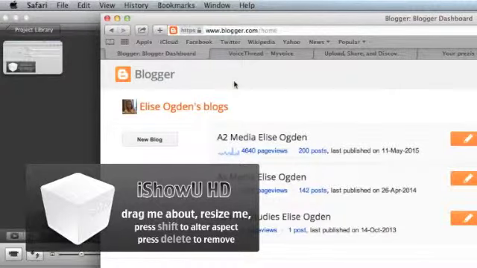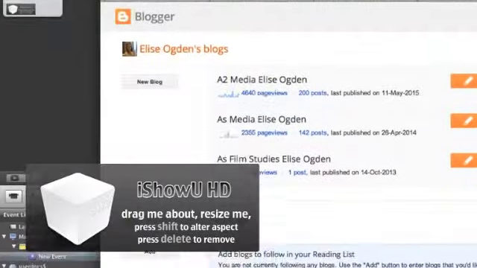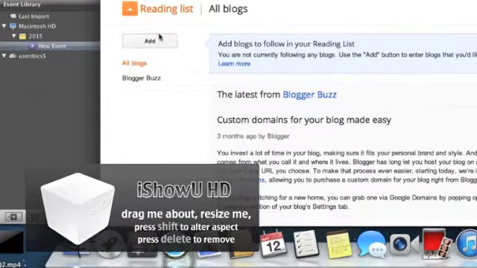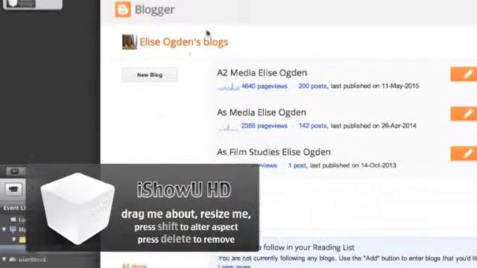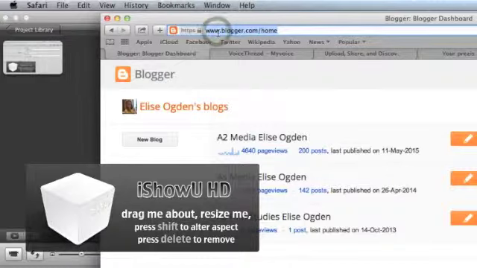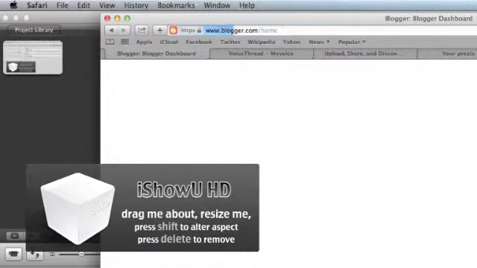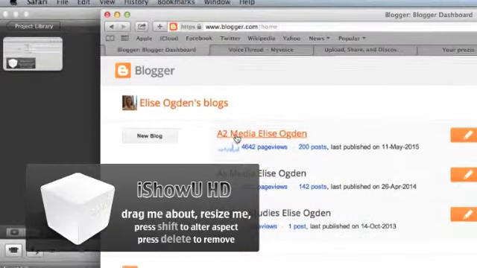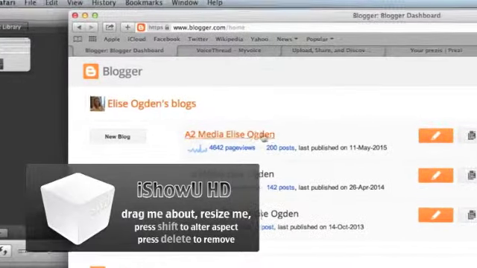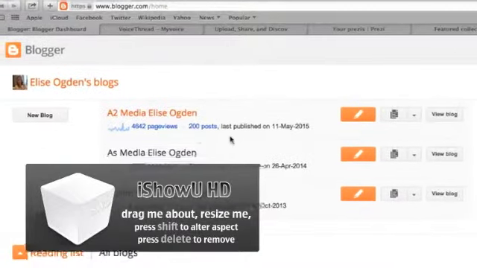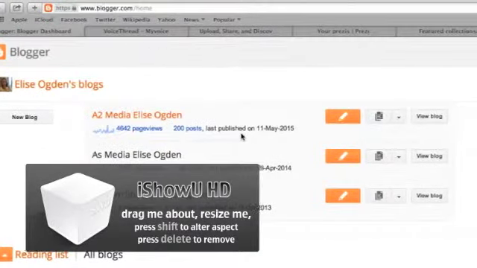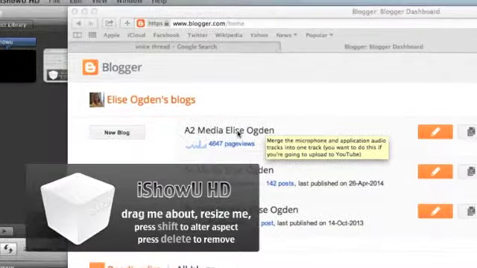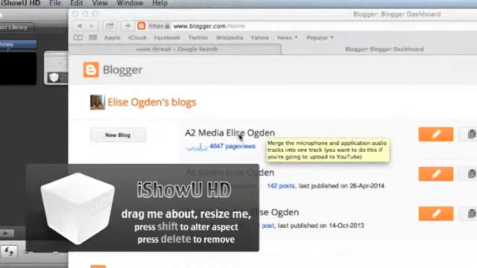So next I'm going to be talking about the main websites I used on Safari. So firstly you click on Safari and it opens up a new tab, and then I've already typed in the web address which I want to visit, and this is Blogger, and I'm already signed in. So then it comes up with page views, posts, when I last was on. So here you can just click on my name to go to my blog,